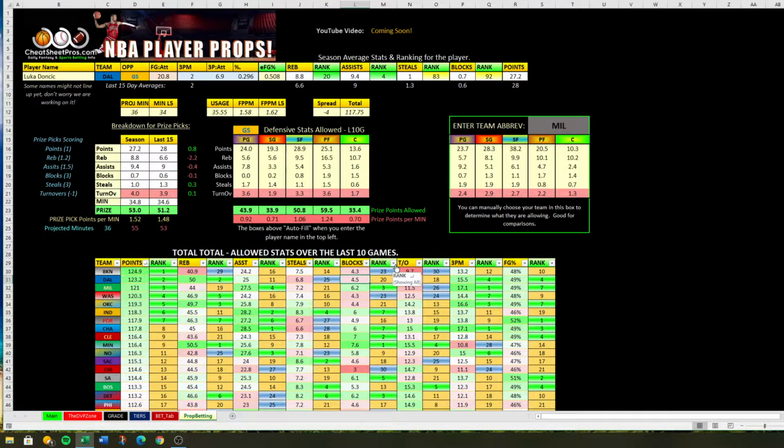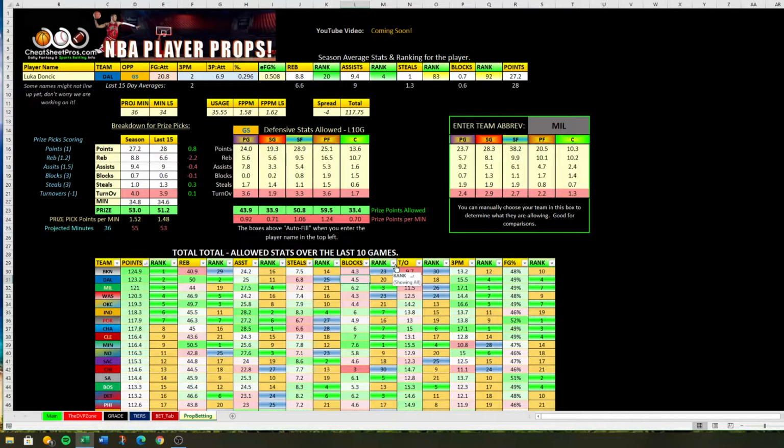The reason I enhanced this tab is someone in our chat group mentioned Prize Picks, and I kind of blew it off at first. It's like, well, I don't have time to do it. Well, I started looking at it, and I got kind of addicted to playing on Prize Picks. So what it is, you pick a number of fantasy players, and you can pick fantasy points over or under, and it's kind of like betting them. So, for example, you can pick 4 players and pick over or under, and if you hit all 4, it